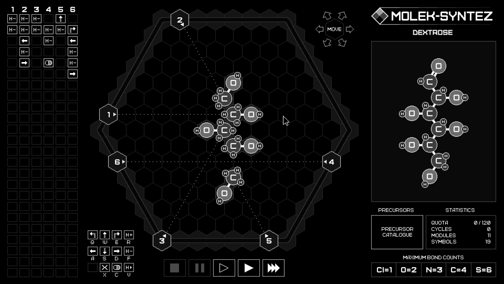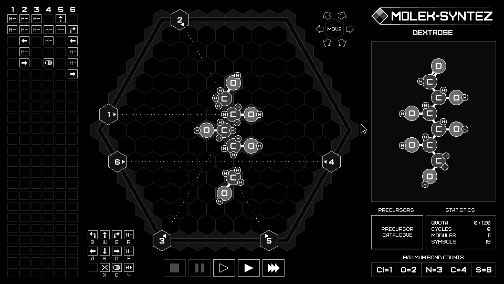So with this tweak, I can essentially create my own custom levels here in Molek-Syntez. I'm going to link the video in the description, and you guys can have some fun with the hacks themselves. It takes some getting used to, working with some obfuscated code to actually create these molecules. You're supposed to operate this invisible cursor on the build platform, and it moves in a sort of hybrid between a Cartesian coordinate system and a hexagonal coordinate system. So it's a hexagonal coordinate system, and it takes some getting used to, but once you get the hang